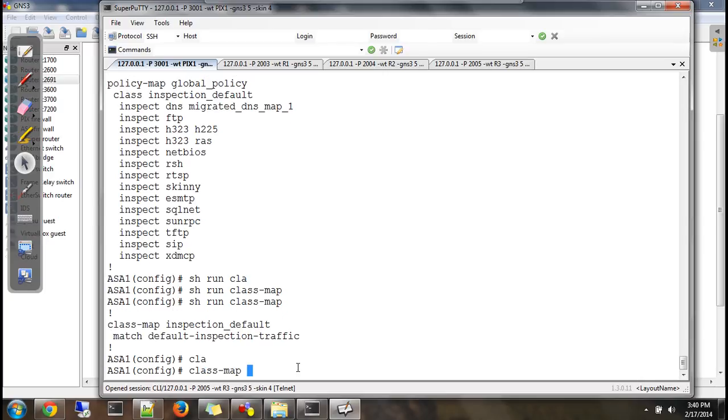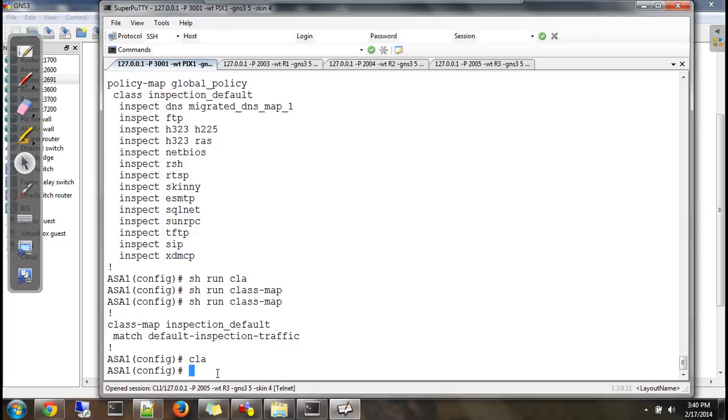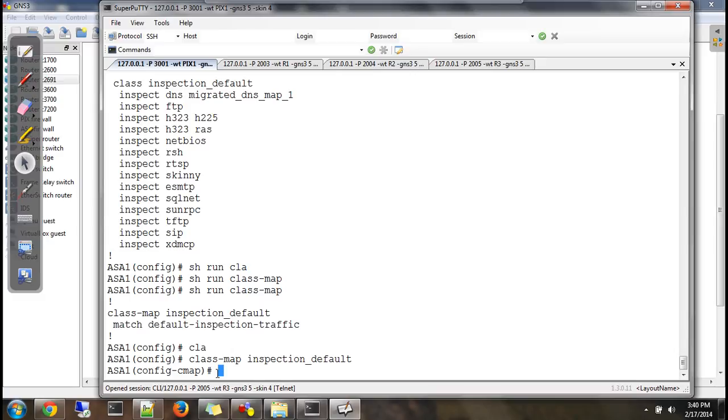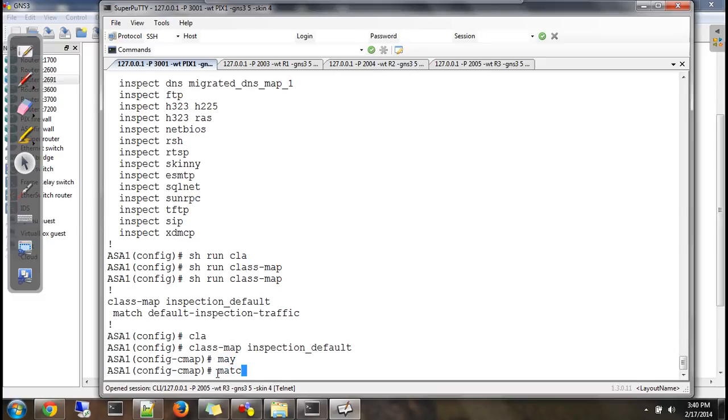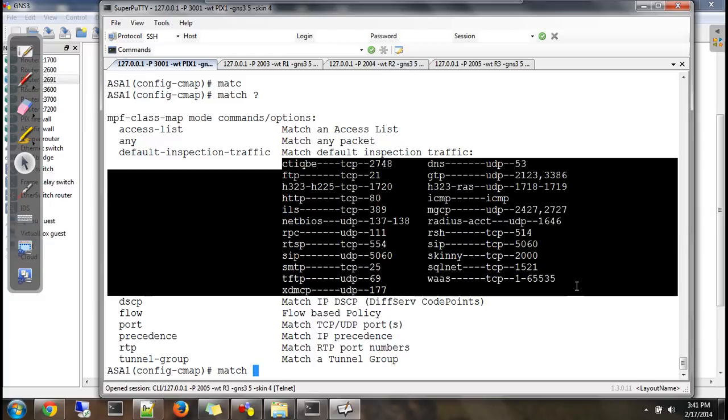I'll create a class, say XYZ, or let's go to this class only and check what the default inspection class actually selects. Say match. Your default inspection traffic is a special match, which matches so much traffic, all on their standard ports.